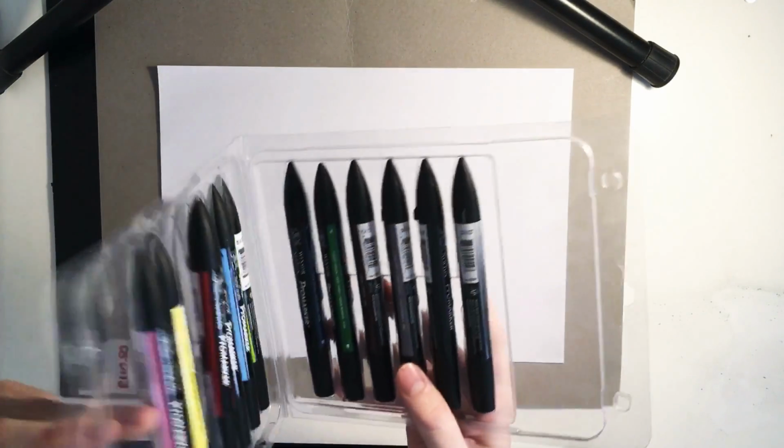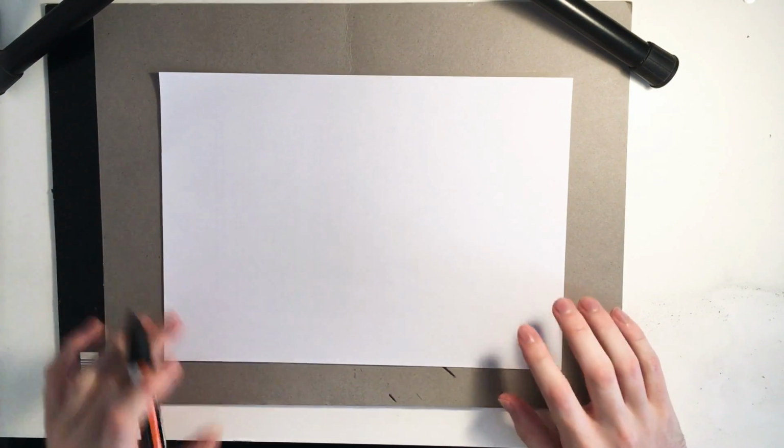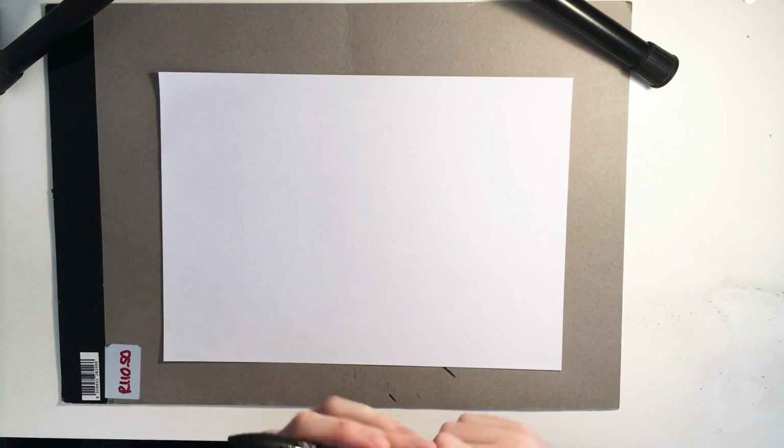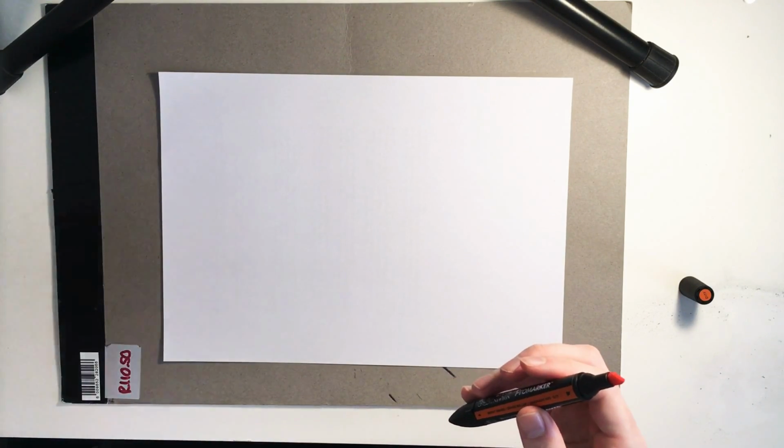Actually, let me change up the color. Let's see. Let's go with orange. Orange might be a bit more fun. I'm running with a very cheap and affordable pro marker case for these exercises, and I highly suggest you get one. So the idea of using this as opposed to using a pencil and even a ballpoint pen is that